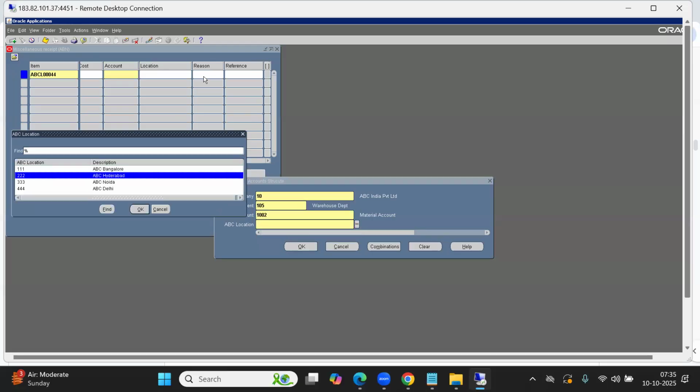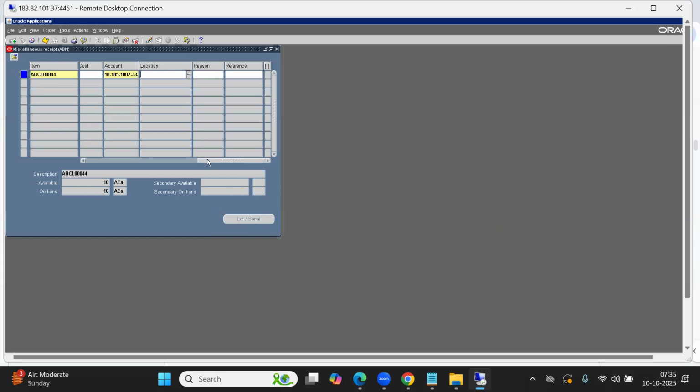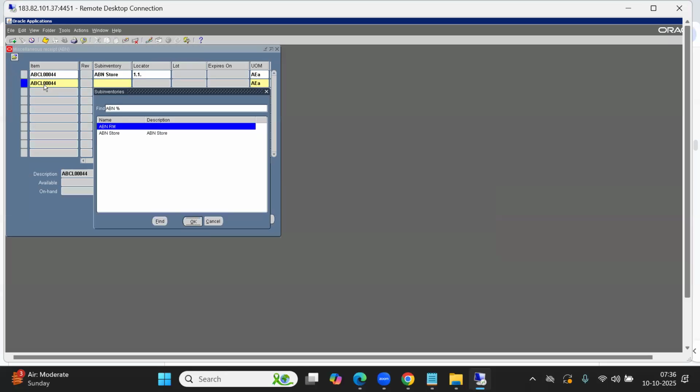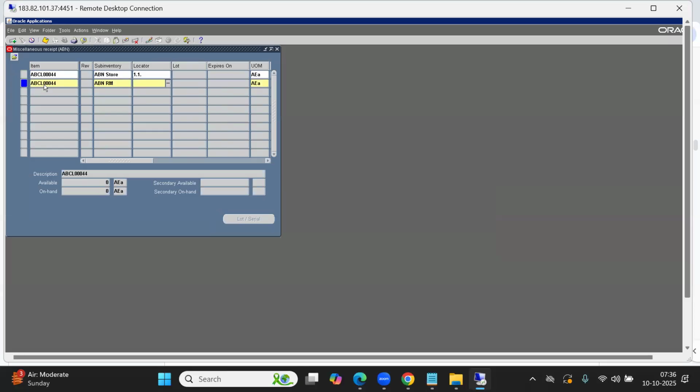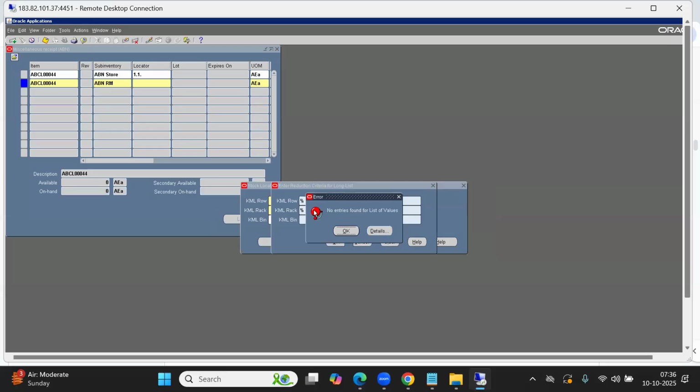This is Noida. So same item, but I'll select sub inventory raw material. Okay, raw material. If we go here and click on combination, you won't have any because it's new, there is nothing, right? So in this case, what I'll do is